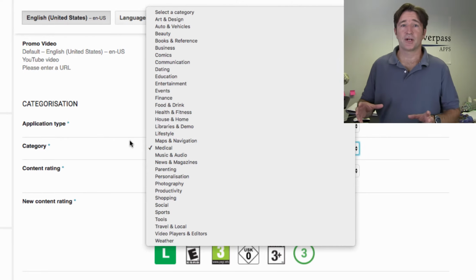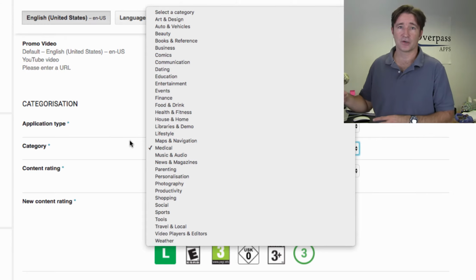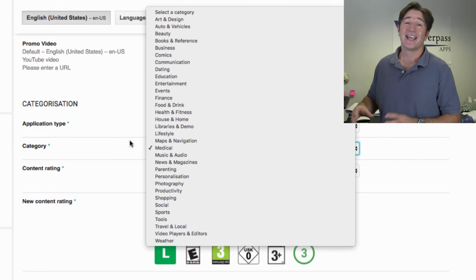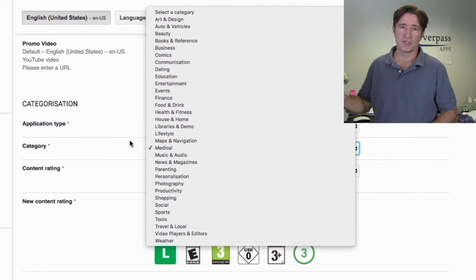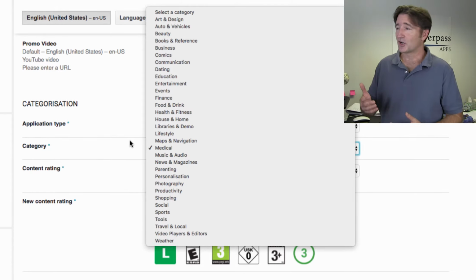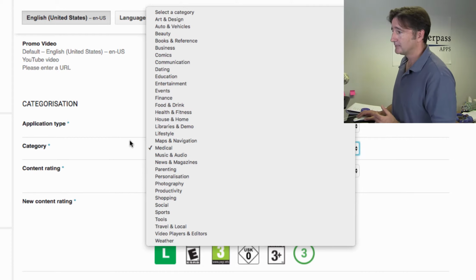But sometimes your app may fall between different categories. So you may have something that's a business application, but it's also kind of a utility. So what you could do is start playing around with moving that around every few days. It's easy in Google Play, just like with screenshots and keywords and descriptions, everything. You don't have to release a new build every time you do it. So it doesn't hurt to go through and play around with that a little bit.